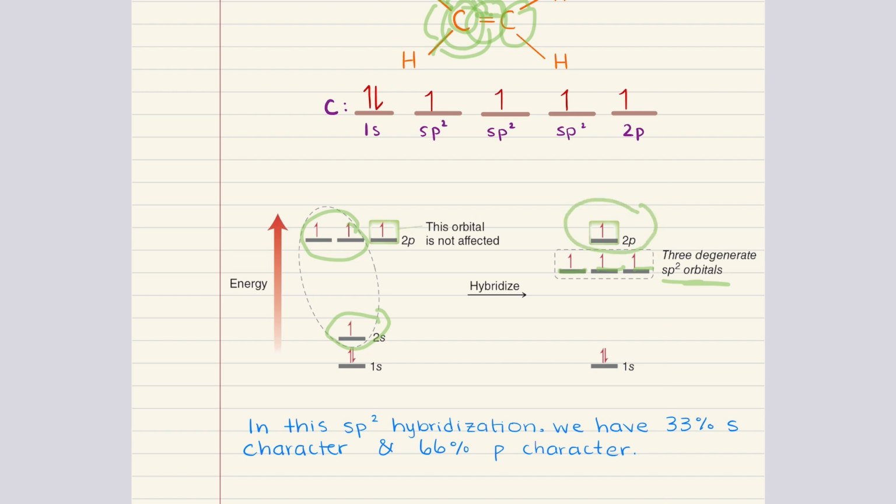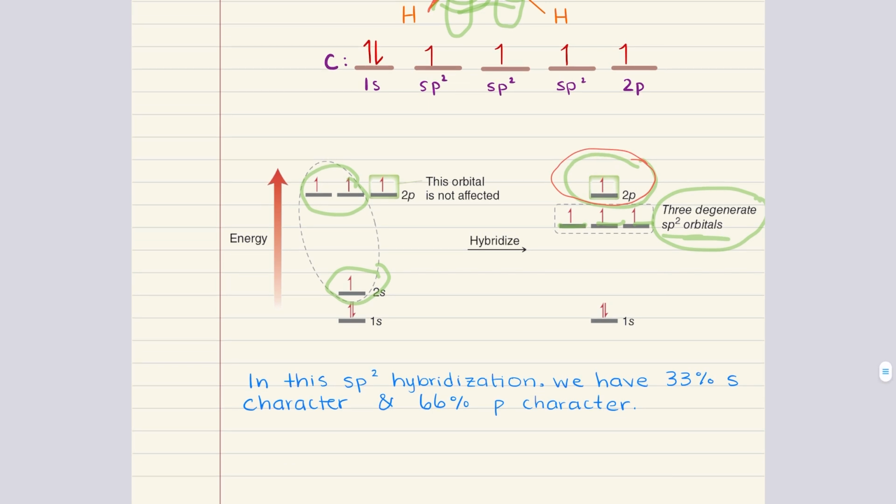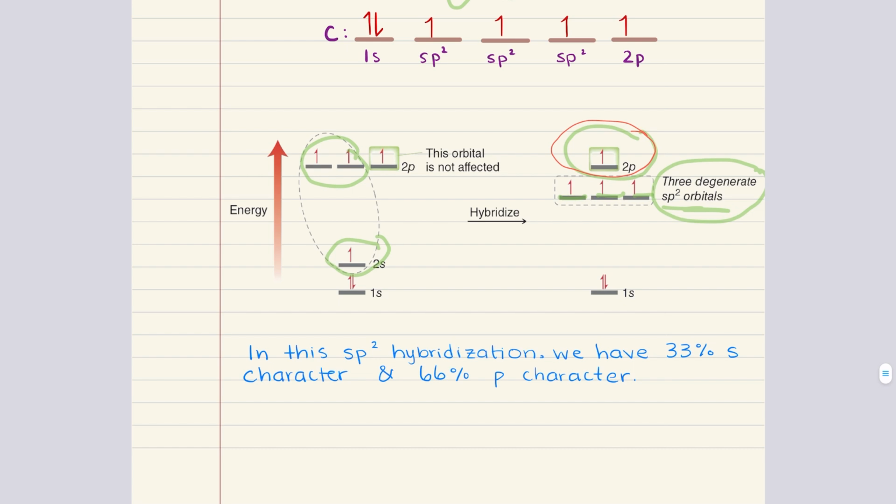We leave a 2p orbital unhybridized, which is exactly what we need to form double bonds. So the three degenerate sp2 orbitals explain the three sigma bonds that each carbon can form, and then the unhybridized 2p orbital explains why we can then form a double bond between the two carbons. From here, another important characteristic of sp2 hybridization is its orbital composition. Since one s orbital and 2 p orbitals are mixed, each sp2 hybrid orbital consists of 33% s character and 66%